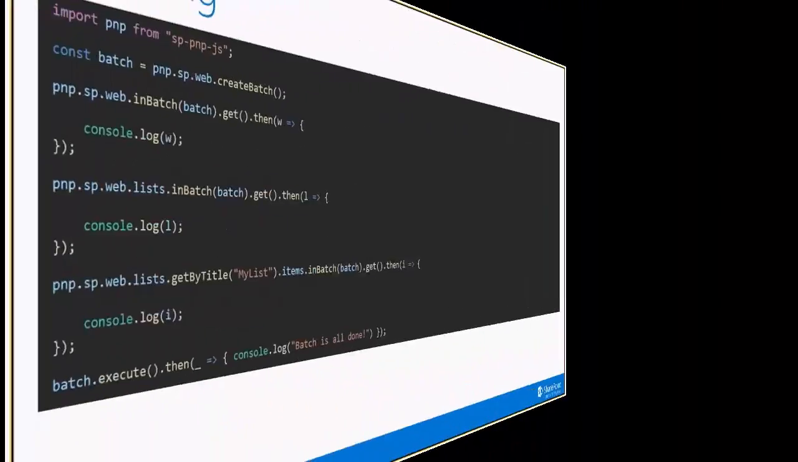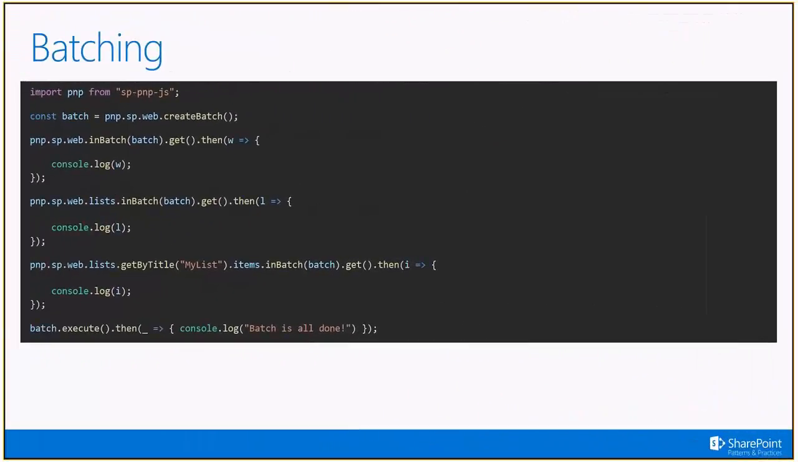Yeah, absolutely. Looking then a little bit at batching, I think it's really important just to show this example, and we'll look at it again a little bit in the live demos, but just how the batching fits right into the inline Fluent API model. So we're saying pnp-sp-web.get, but between there we've said inBatch, and we've passed this batch instance we've got from